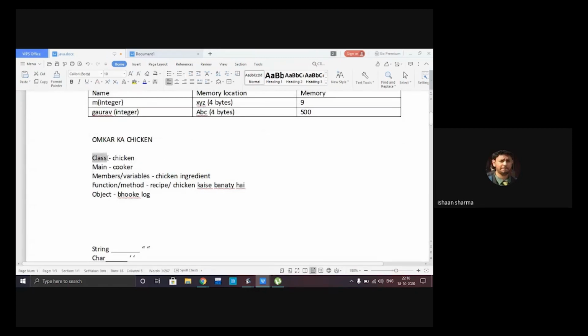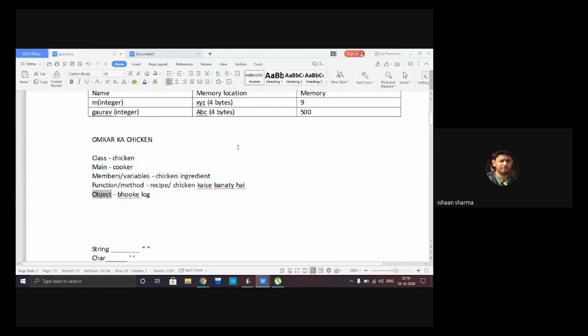Other than that, we also have a class and a main. We have functions, or you can also call them methods. In these functions and methods, we use variables, loops, if-else statements, operators and all. And then we have objects.